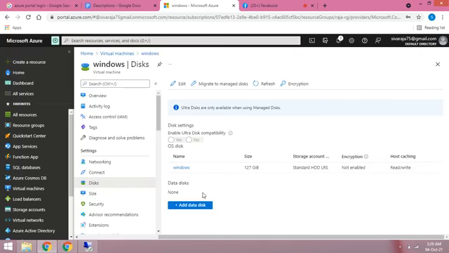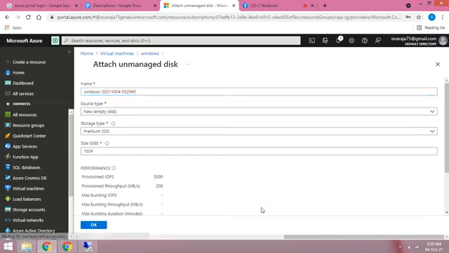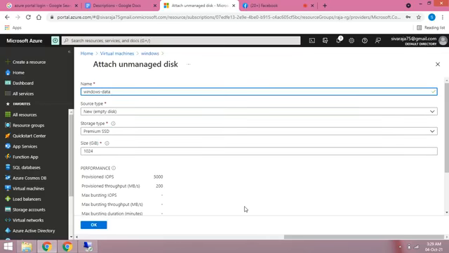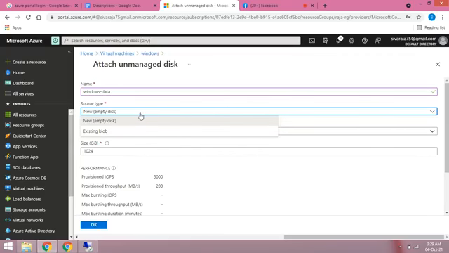So now I add an additional disk for this VM. Add a data disk. For example, name it example data, and choose the source type. The source disk is an empty disk.